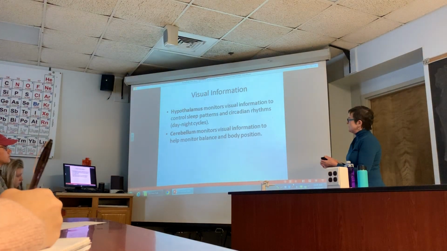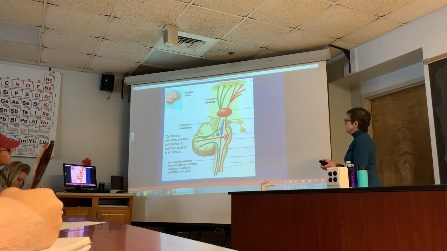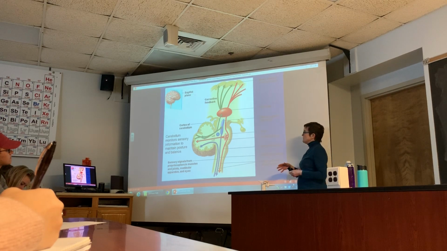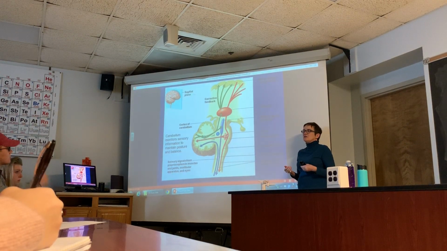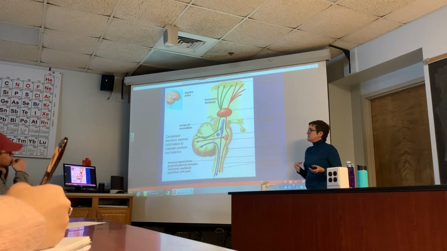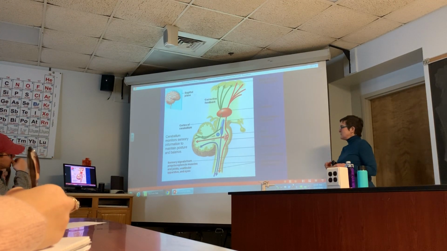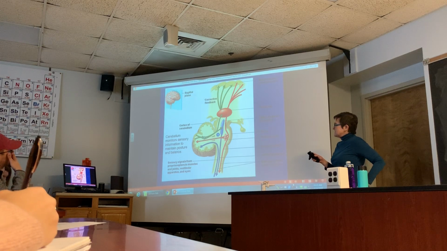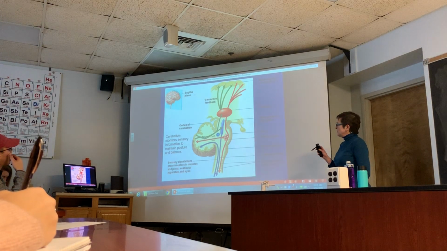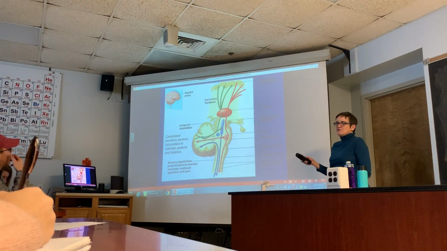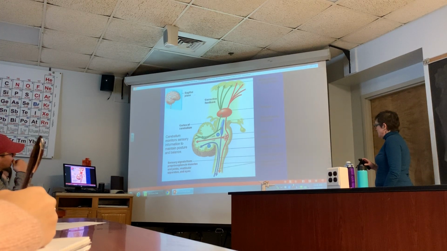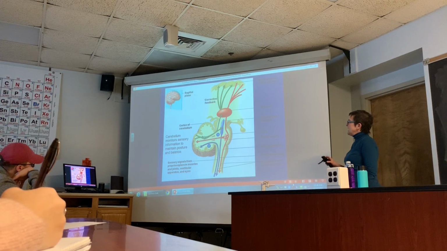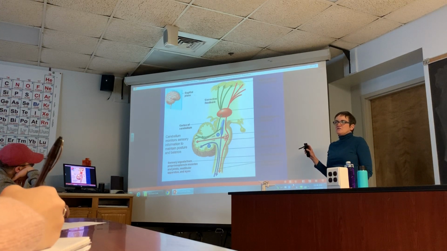Cerebellum also is monitoring visual information. Remember, the cerebellum is receiving signals not only from your eyes, so you're just visually seeing your body position, but also from proprioceptors and equilibrium receptors that we'll be talking about, the vestibular apparatus or equilibrium receptors, and putting all that information together to help you maintain your posture and balance. Okay, so that's it for the eye. Any questions about that before we move on to the